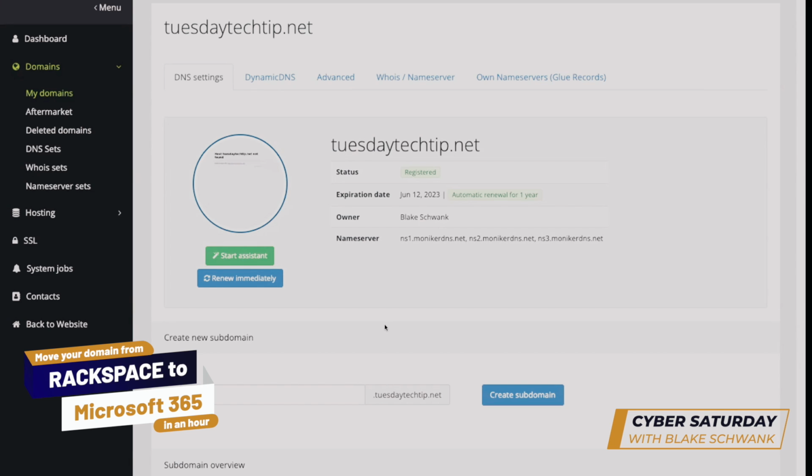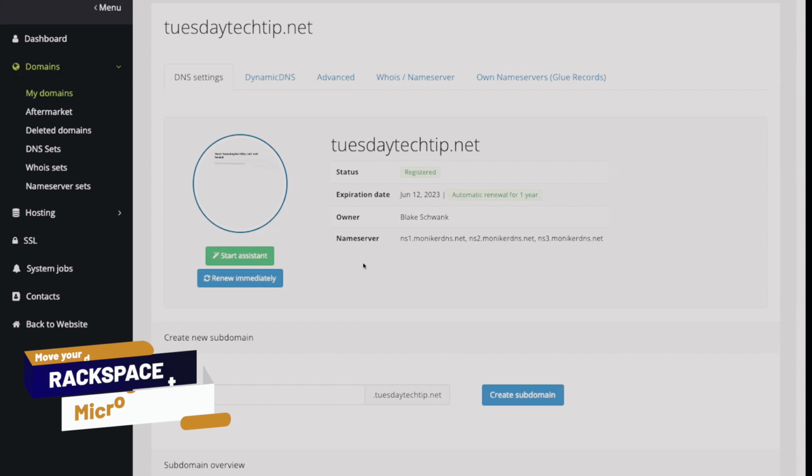But we want to take TuesdayTechTip.net. Let's say we had Blake at TuesdayTechTip.net over at Rackspace. We want to move that now over to Microsoft 365. We're going to go through the steps to do that. So I start with